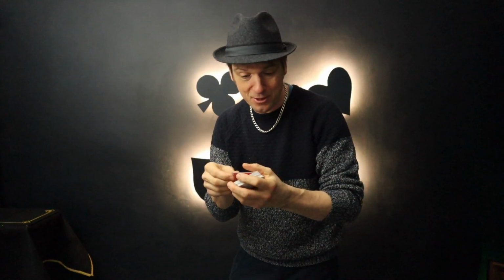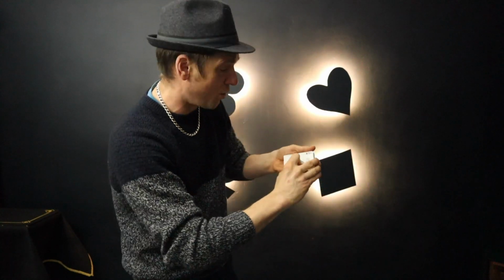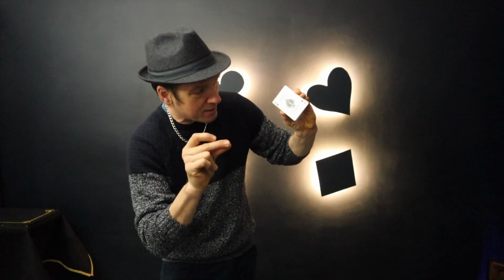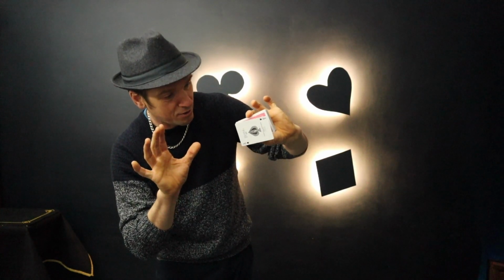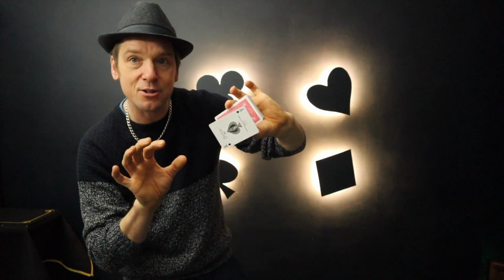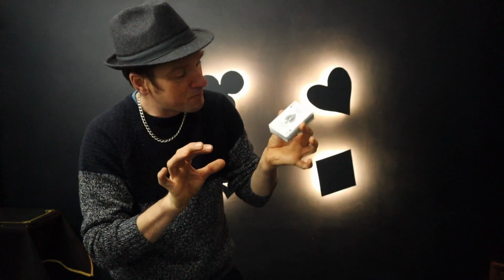Now you can get them to sign it, it doesn't matter, I'm not going to because I'm a tight git and I don't want to ruin any of my cards. So I place it face up on top of the pack, like so. All I've got to do is just set my fingers a little bit of magic and the card will actually slowly start to float off the top of the pack, just like magic, and back down again, and we can